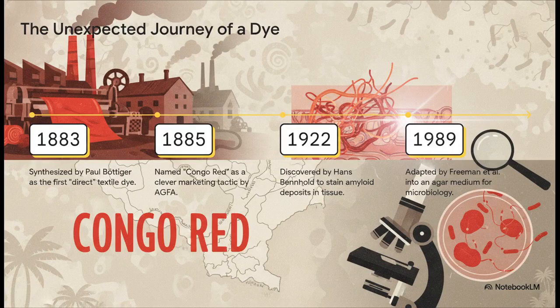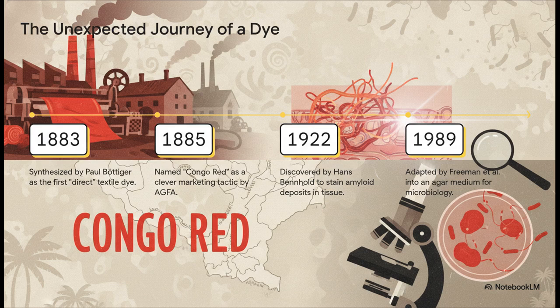Okay, so to really understand the problems with our test, you first have to understand the dye itself. And believe me, it has a weird history. Congo red wasn't invented for microbiology, not even close. It was created back in 1883 in a German textile factory to dye cotton. The name Congo red? Pure marketing. In the 1880s, everyone was talking about the Congo River, so the company Agfa just slapped that name on it,